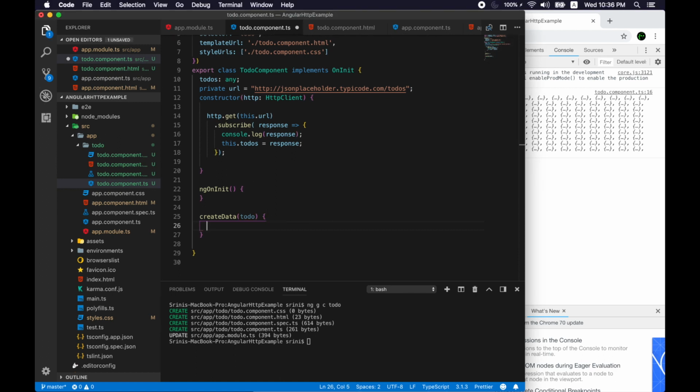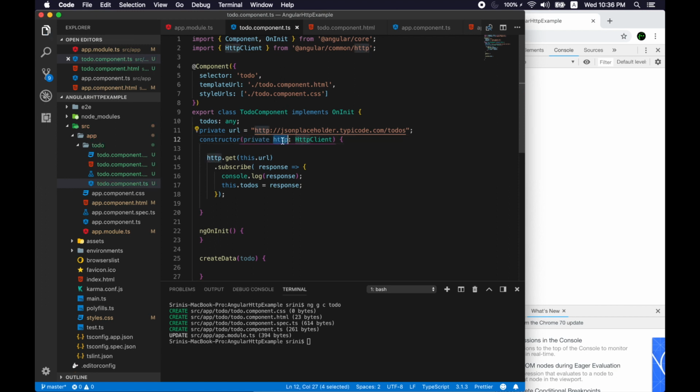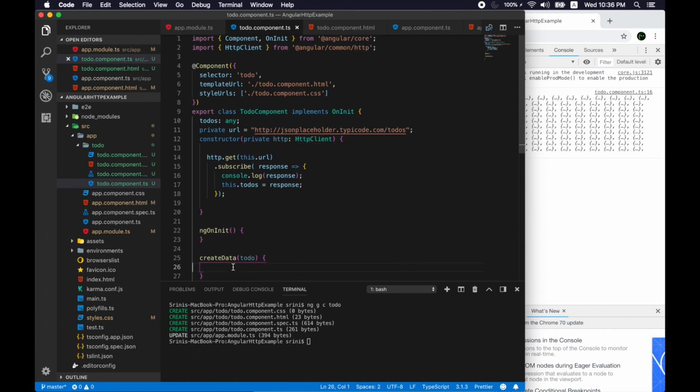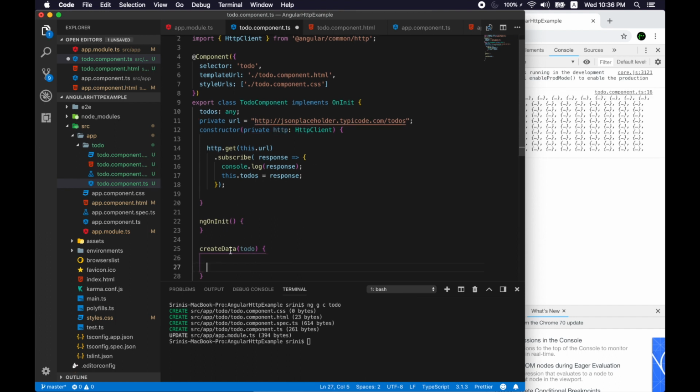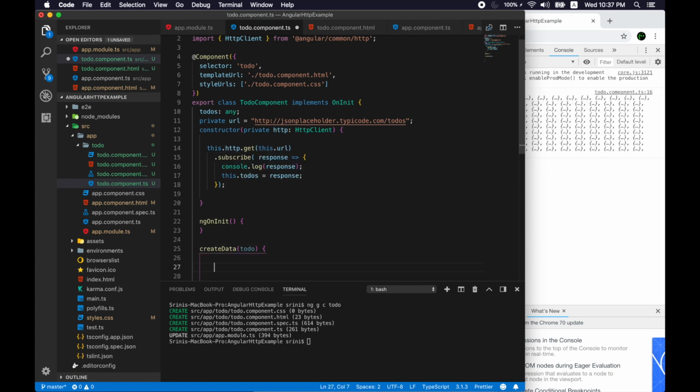Here we're going to use the HTTP class again. Now in the constructor, let's declare it with the private keyword, so let's make this a field in the class. So it's going to be private. This HTTP will be available to our subsequent functions that we're going to define. So this HTTP will become this.http, and now